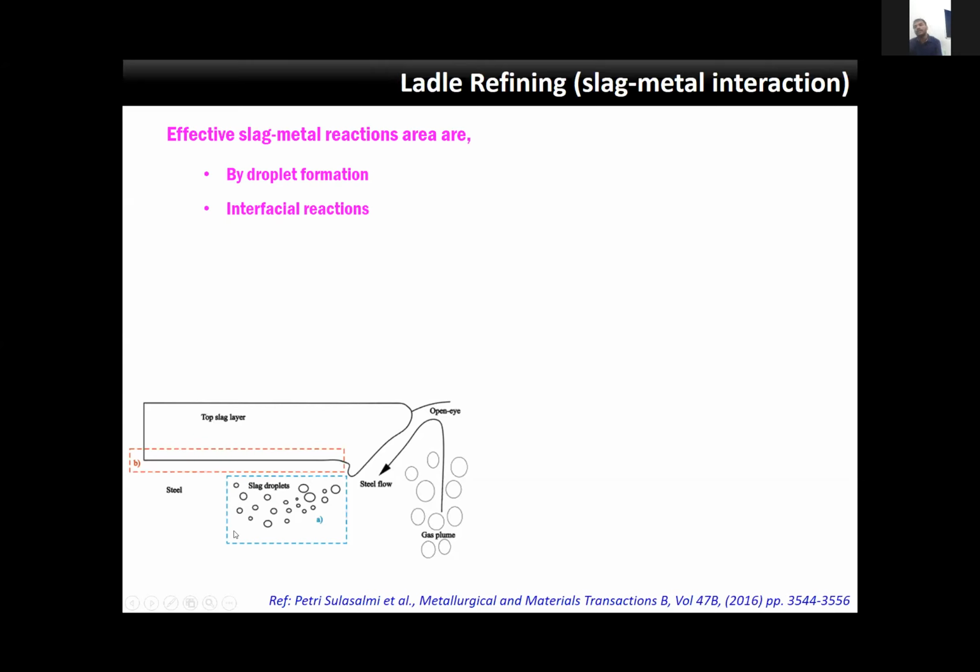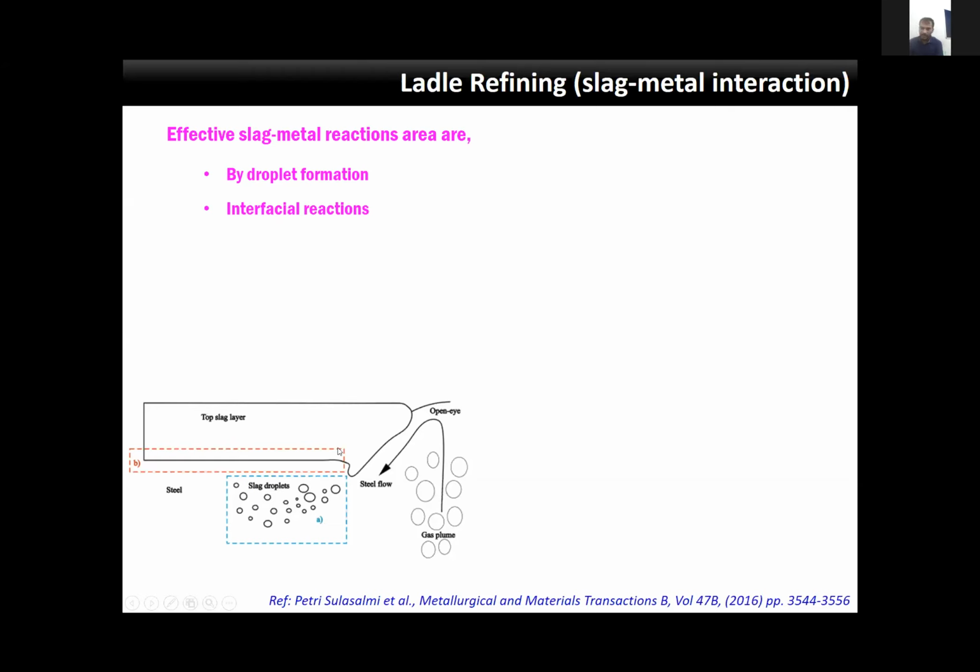What we see as desulfurization, inclusion removal, and all these things happening in the ladle furnace is basically due to this generation of slag droplets, which increases the refining reaction. The refining reaction will increase with increase in the droplet formation. That depends upon your flow rate of argon. If you increase the flow rate, your droplet generation will be high and the refining reaction will be high.